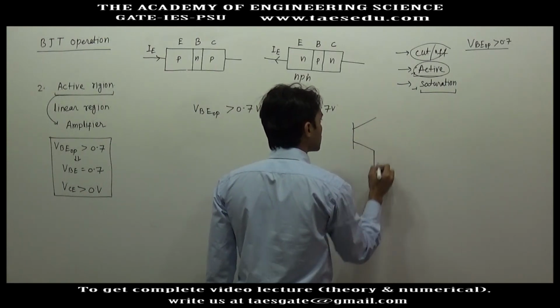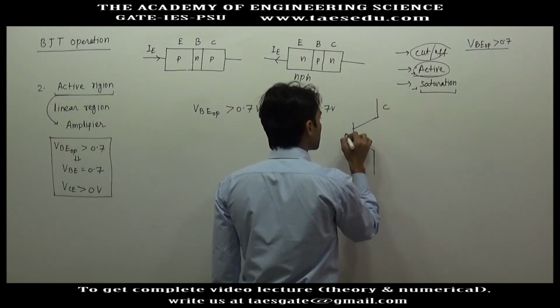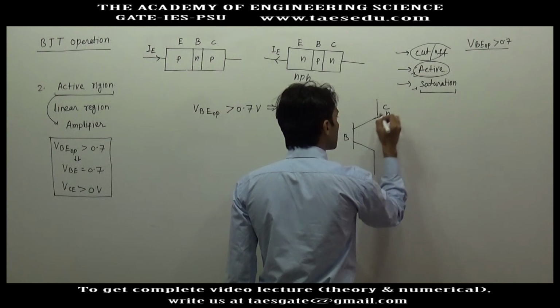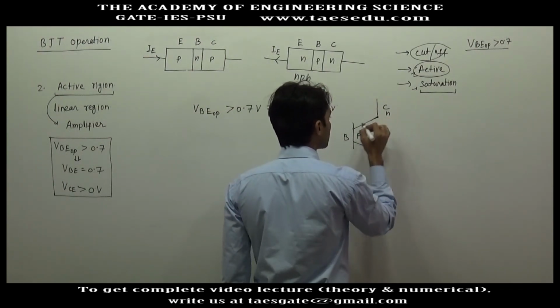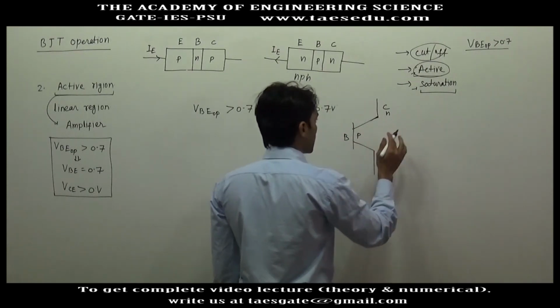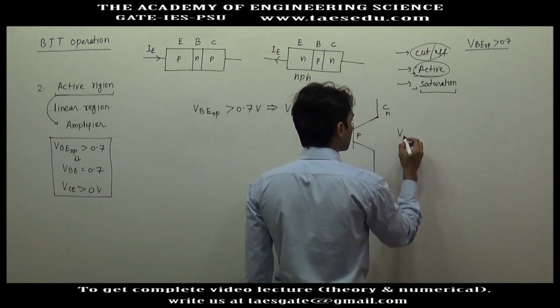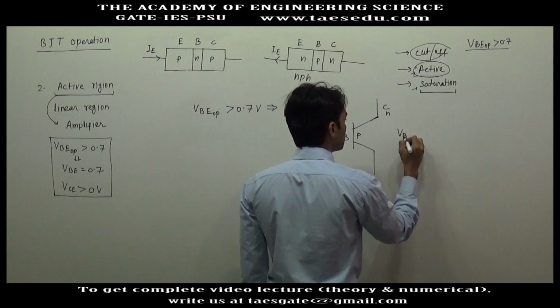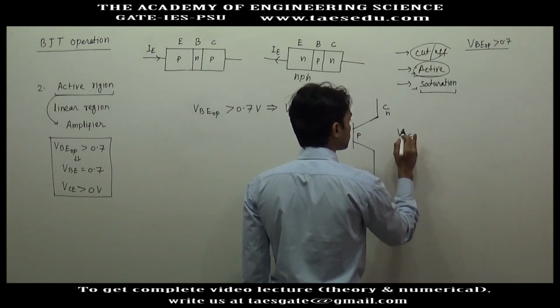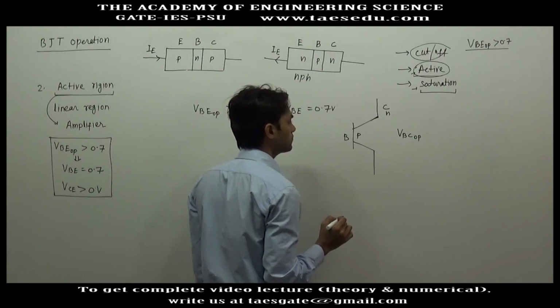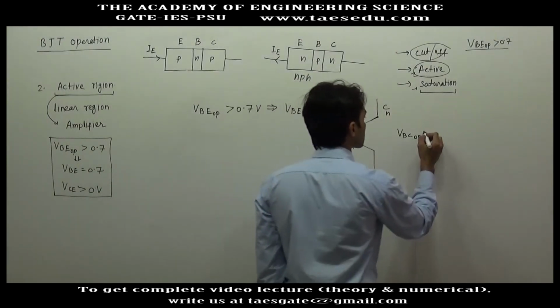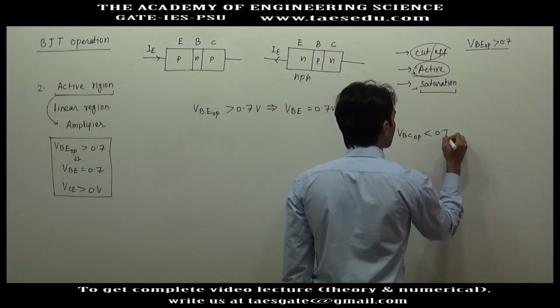For an NPN transistor, this is collector, this is base, this is N-type material, this is P-type material. This should not be forward biased in active region. So we will say VBC open circuited less than 0.7 volt,